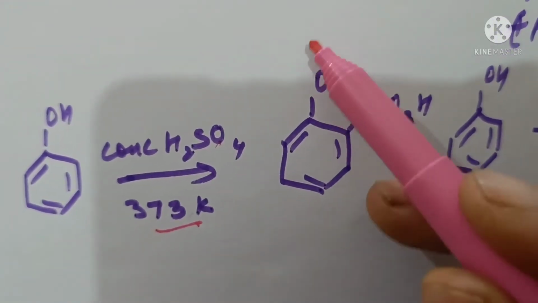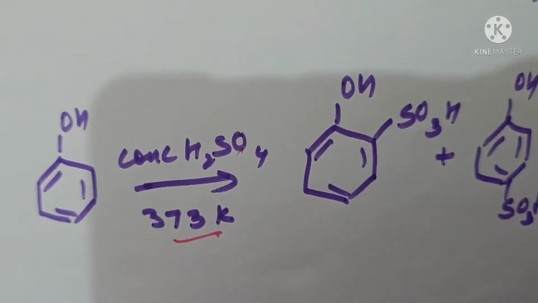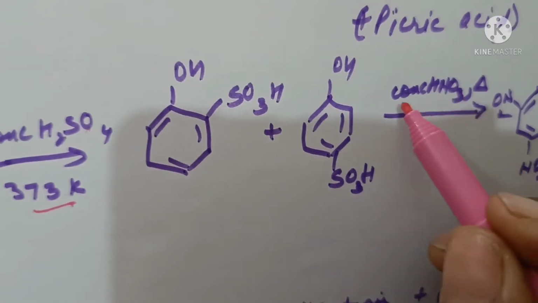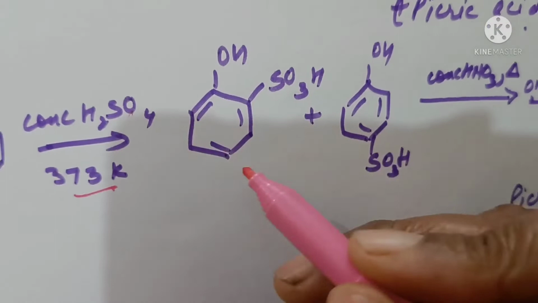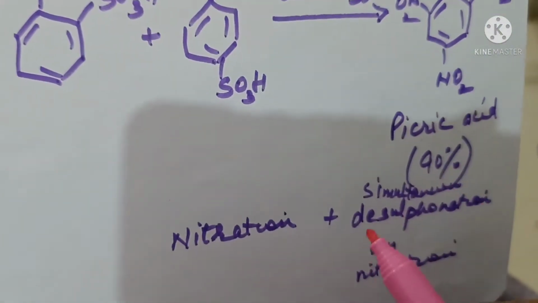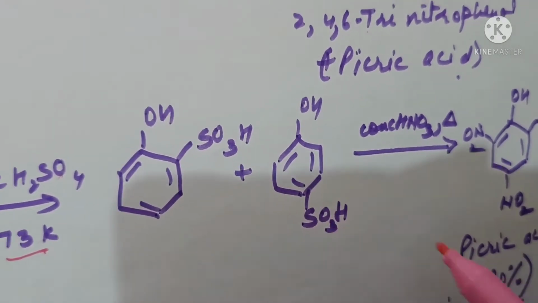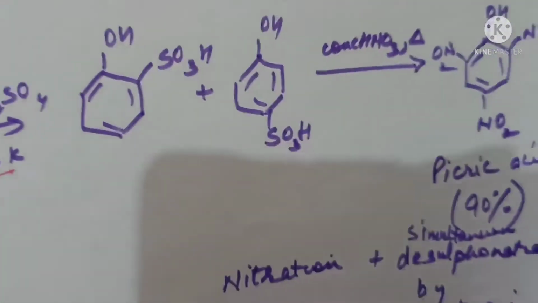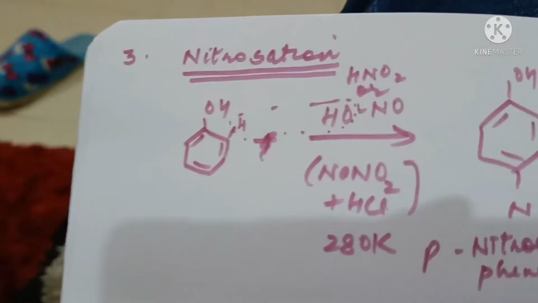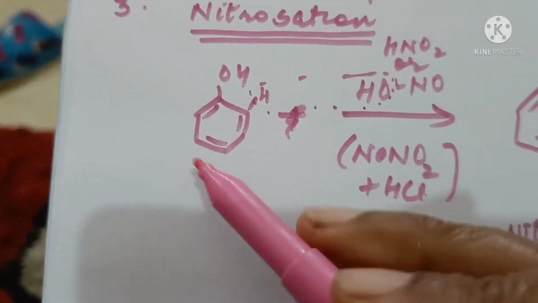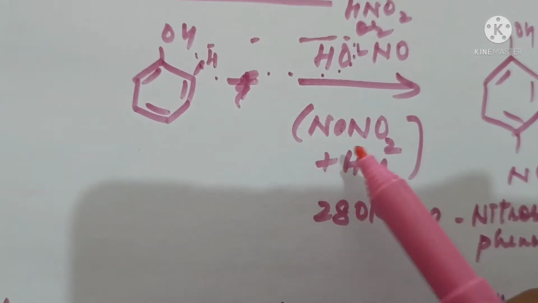So ortho and para hydroxy benzene sulfonic acids are formed, and then we carry out nitration with concentrated nitric acid. At that time simultaneously desulfonation and nitration occur. The sulfonic acid group will be replaced by the nitro group. So we get a higher yield of picric acid. Nitrosation. We can react the phenol with nitrous acid, which is prepared in situ by reaction between NaNO2